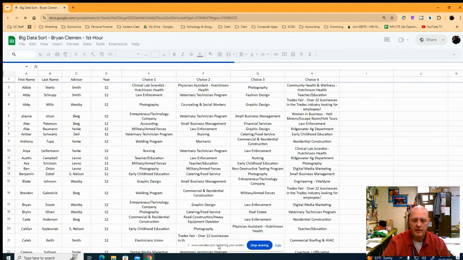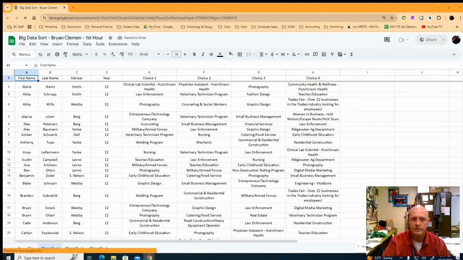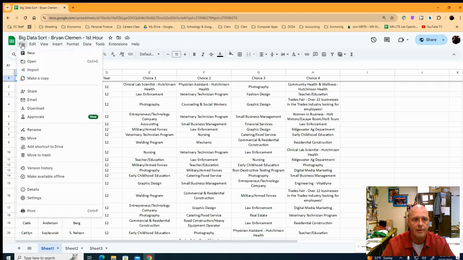Now the key to this is I've got to start out, and once I've got it, I need to make a copy of it, right? In theory, I've got it set where all 100 computer app students can get into it. But if we've got all 100 students trying to work on the same file at the same time, it's going to be pretty tough to answer some questions and make a mess of this. So you're going to start out by going File, Make a Copy,